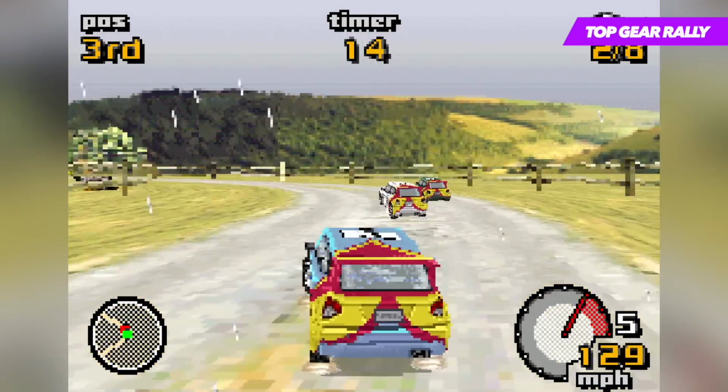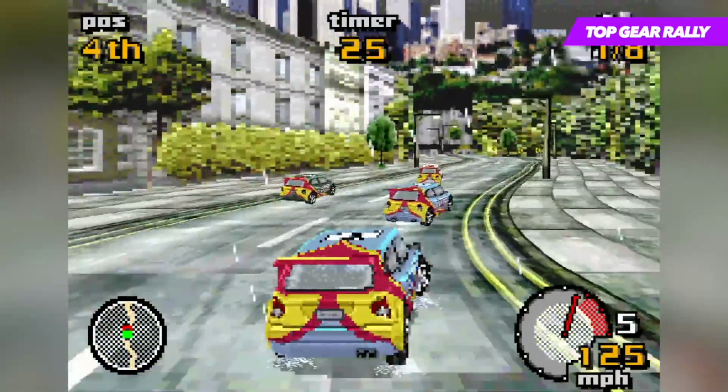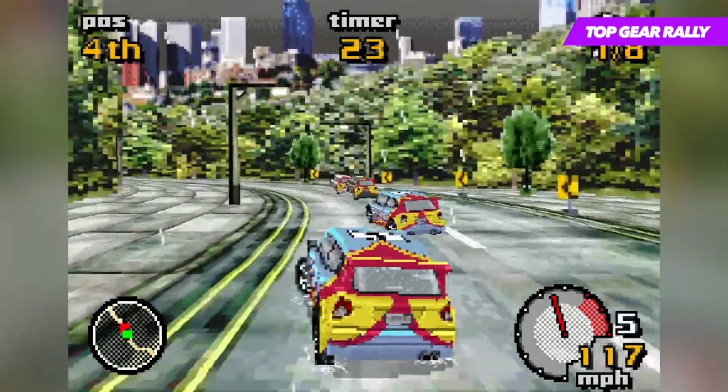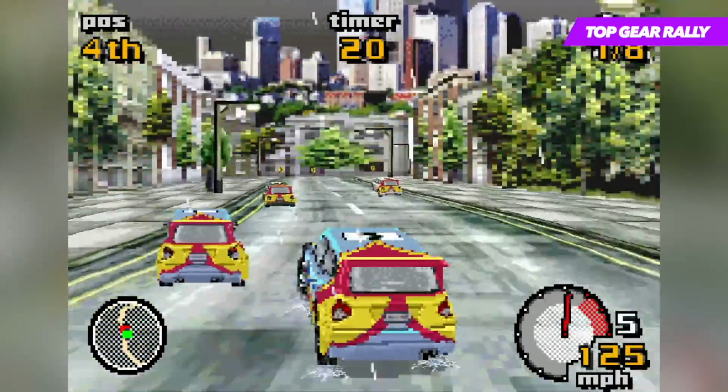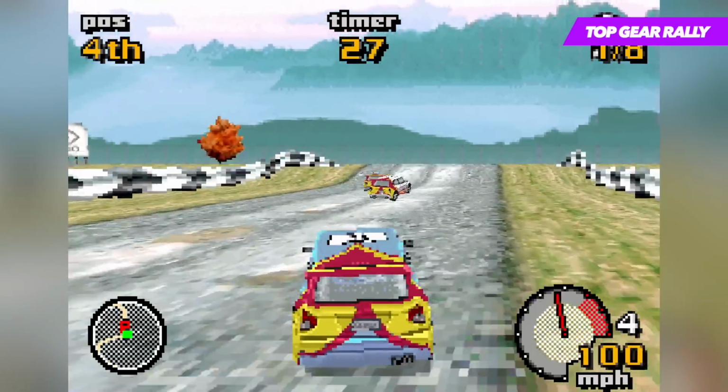The controls do have a slight learning curve because the game so effectively depicts the slick and bouncy nature of rallying, with your car reacting to your inputs and the terrain quite realistically, so it'll take a while to get used to how each of them control, but once you've got the steering down, you'll soon be able to drift